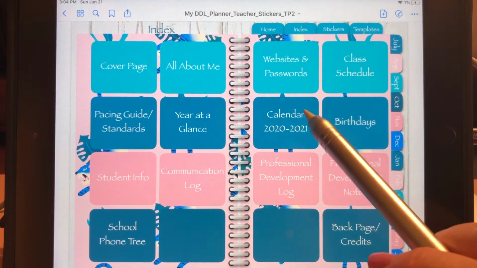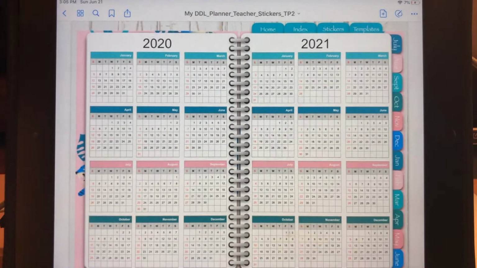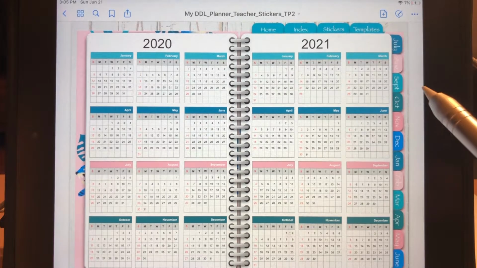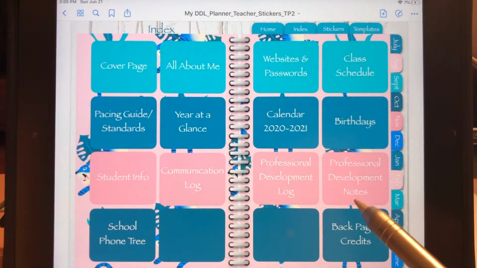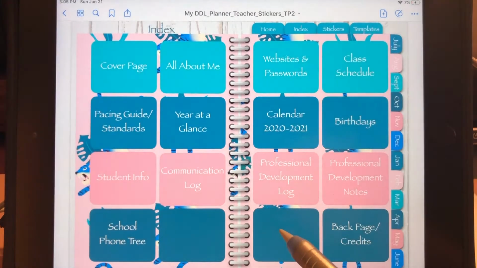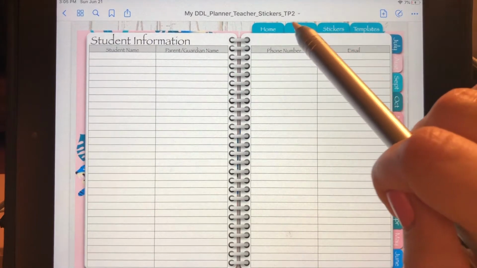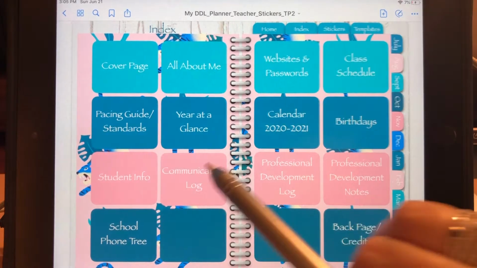We also have the calendar for 2020-2021, that you can look to see the past, the present, and the future. We have a page for birthdays, student info, communication log,